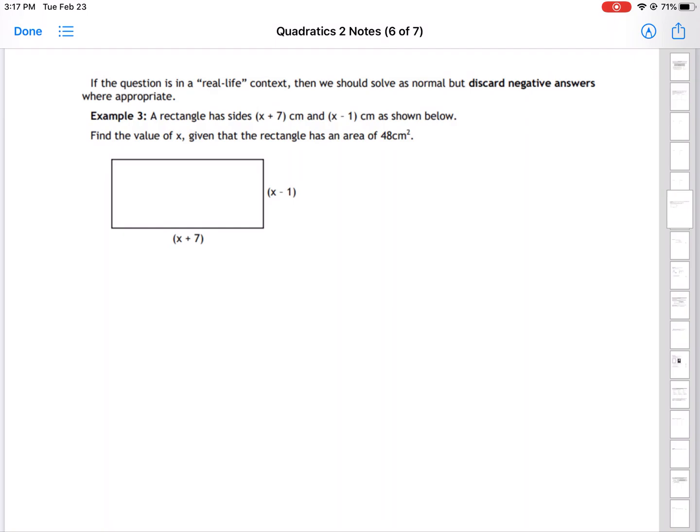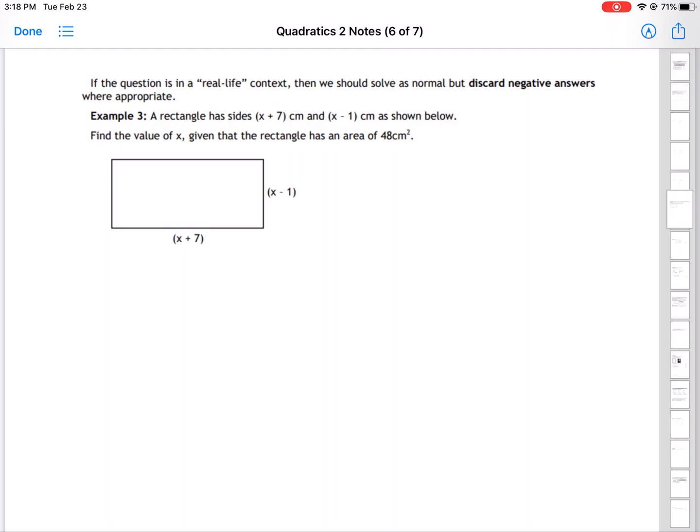This is the next part of the notes for Quadratics 2. We've got example 3 here, having looked at how to solve quadratics when we have two brackets equal to 0. So this is going to be questions, and the past paper questions will be the same, where we have questions in context, and we complete these exactly as before. We just sometimes have to first create the equations to solve, and then, as it says there, discard any negative